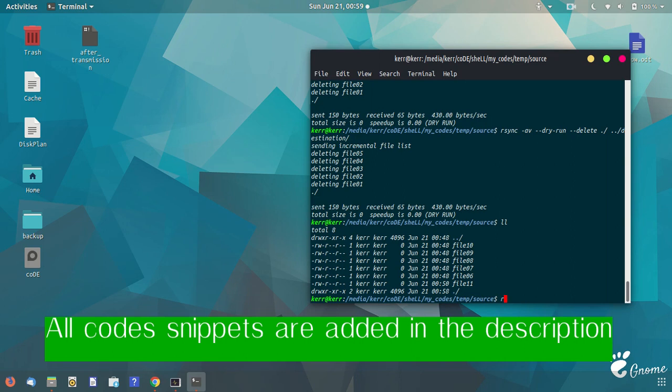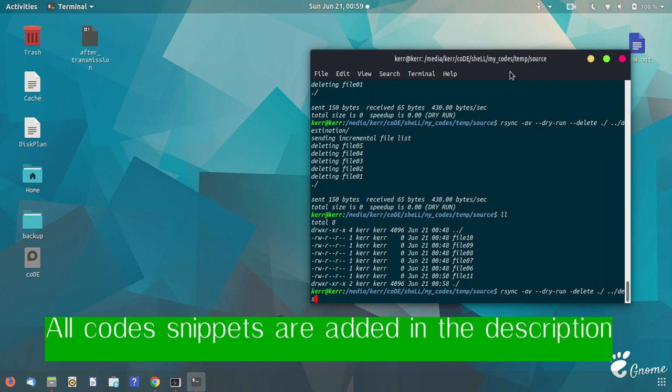So now let's use the rsync command -av. We first run it with the dry run because that would just tell us which files will be changed within the destination and not make any changes right now. And delete. We are in the present directory, so dot, then you have to go backward one directory, then go to the destination.